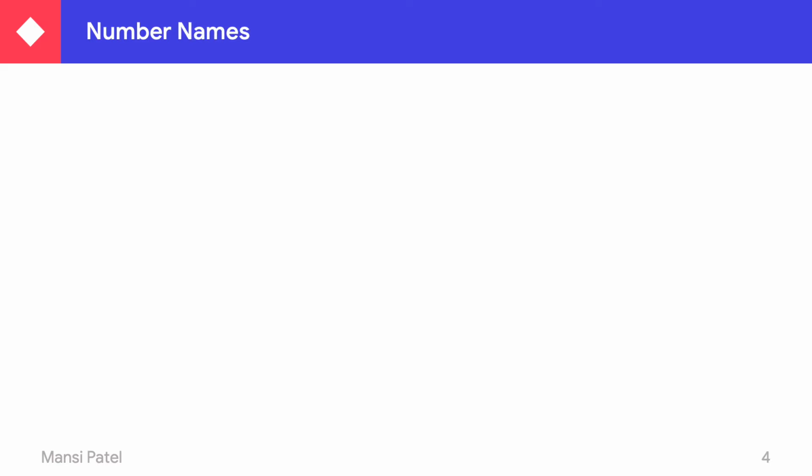Let us see the number names. The first one is, whenever you have to write down the number names, please first see their periods. You have to count their place. So 7 in the place of ones, then 6 in the place of tens, 5 in the place of hundreds, 9 in the place of thousand, and 2 in the place of 10,000.